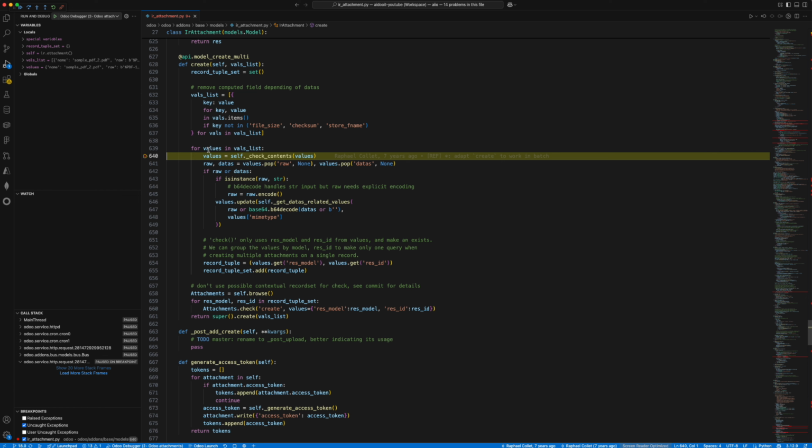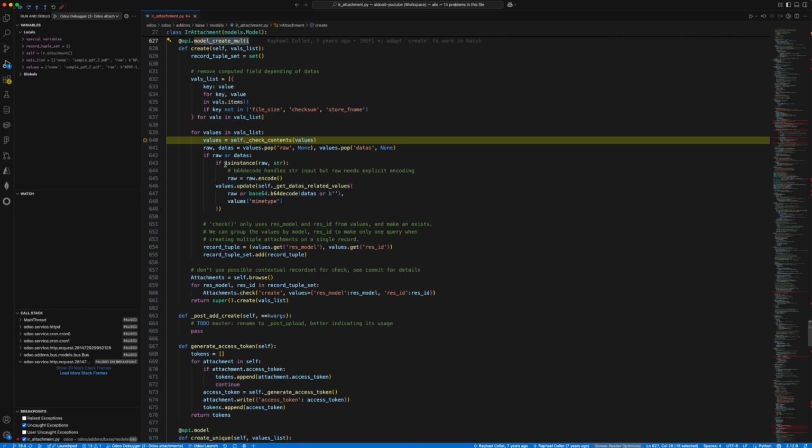Basically, I mean, we have a loop over the vals list. So because this is a create multi, so nothing, okay. We see the first function here that checks the content and sets something to these values, and these values is the one used